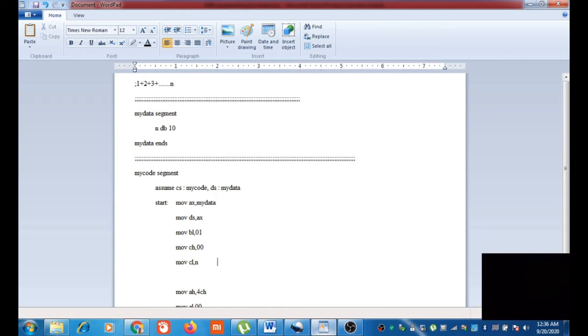Now cx register is equal to n. Ch is 00, n is a byte data, so cl is enough for that.